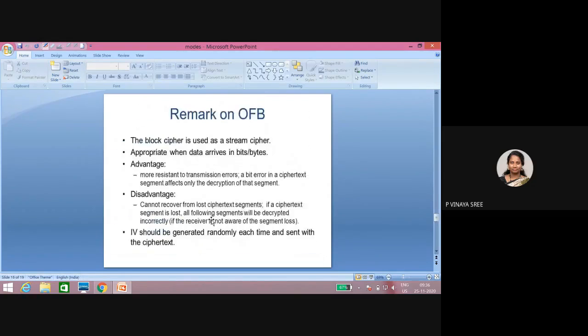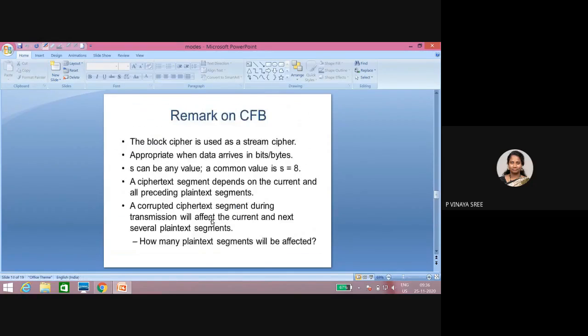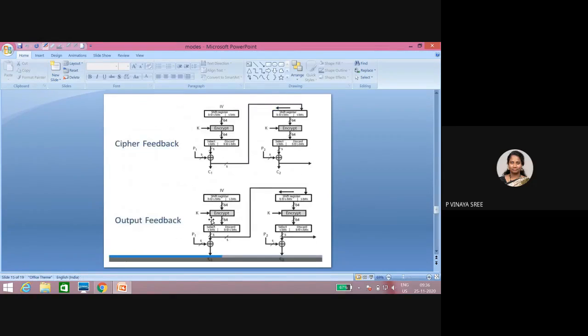So in output feedback mode, where is output feedback mode? Oh, see here, this is your output feedback mode. Try to see the differences. In output feedback mode, we are not taking the output from the cipher, we are taking it from the encryption one.